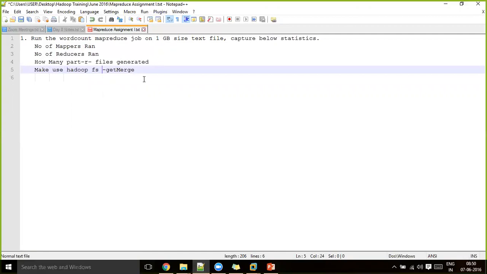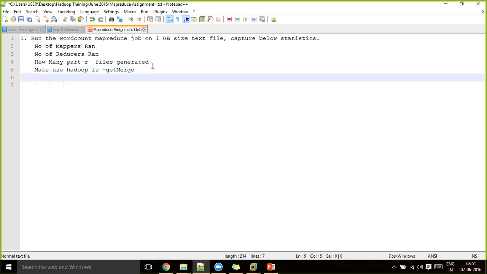I want this combined result. What it does is, if you feed one HDFS directory as input for the getmerge command and a local directory as the target, it merges all the files present in the HDFS directory into one single file and copies that file into your local directory, and you can view the results in that. And tell me your observation